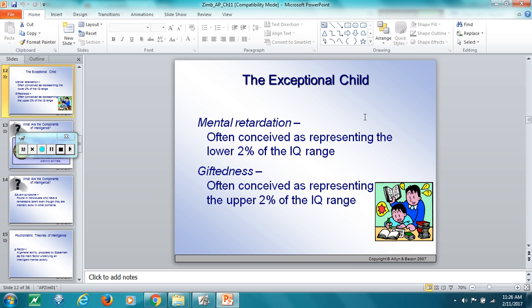Talking about mental retardation, typically this is how people would have seen it: individuals who have significantly sub-average intelligence that becomes apparent before the age of 18, meaning that they have limitations in at least two of these areas: communication, self-care, home living, social skills, community use, self-direction, health and safety, functions of academics, and leisure and work.